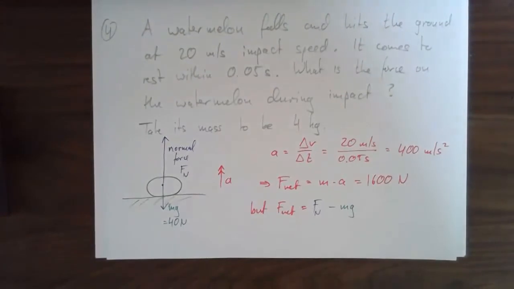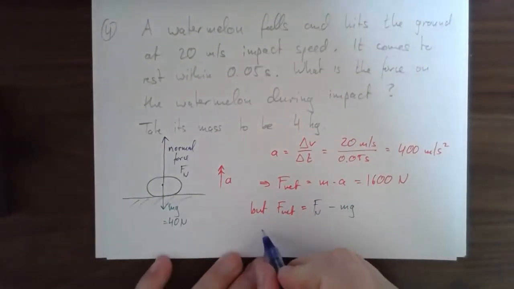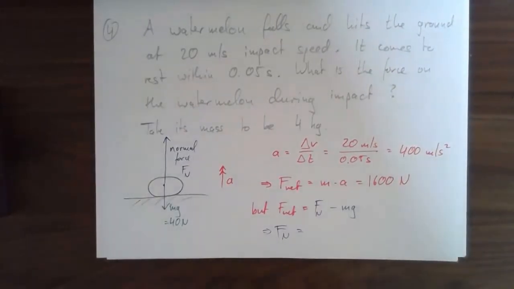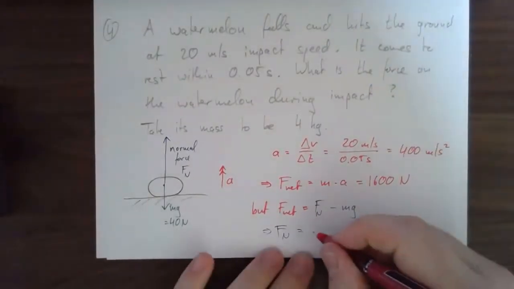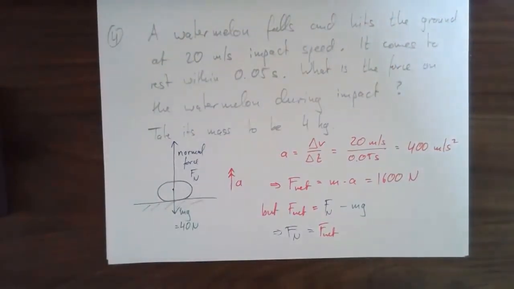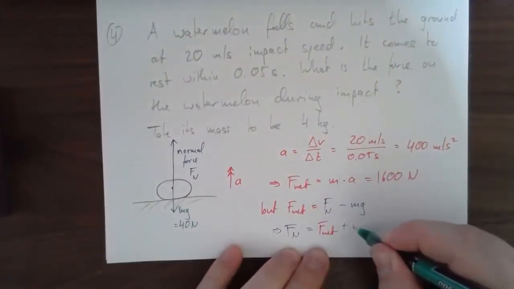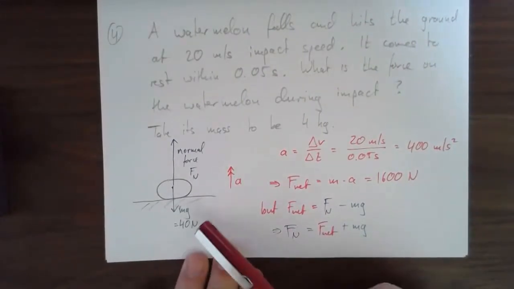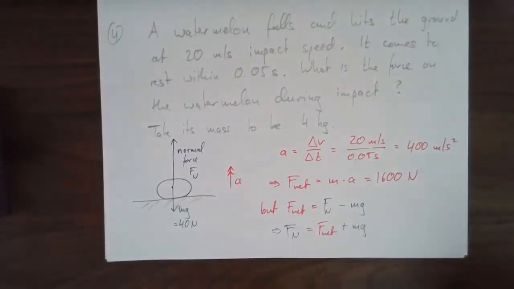So then I can work out that the normal force is going to be the net force plus mg, and the values are 1600 and 40, so the answer is